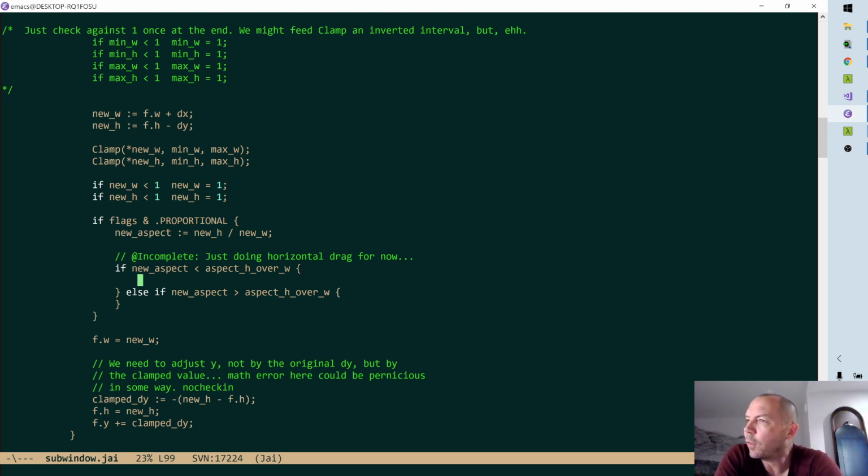I feel like there is a simplifying thing, because what you would say, if you just thought about this not in terms of flags, but in terms of mouse deltas, right? So like if dx, then we're moving horizontally, right? And you want to shrink or grow. And if dy, we're moving vertically, then you want to shrink or grow. And then you want the biggest dimension out of each of those for diagonal. So maybe you run it on both and then max it. Anyway, if new aspect is less than aspect h over w for horizontal drag, then